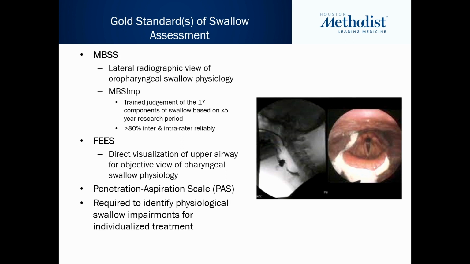I will note that at times there is a stronger preference for a modified. In the stroke population, it's very rare that a pharyngeal dysphagia is present without the presence of an oral phase issue as well. Unilateral weakness, again, it all comes down to a very thorough oral mech exam. So sometimes in the speech world, there is a little bit more of a preference to pick this as the instrumental tool over the FEES.